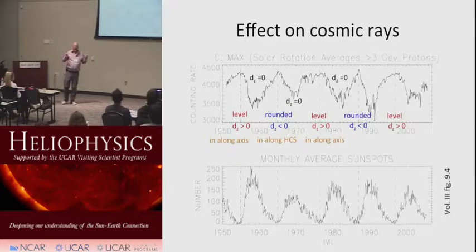It really cares whether the dipole moment is positive or negative, because the cosmic rays are going to come in from opposite directions. And during the solar minimum, they're going to have a harder time coming in because mostly the solar wind is moving them out. This has a lot of significance for, say, if you care about the impact of cosmic rays,